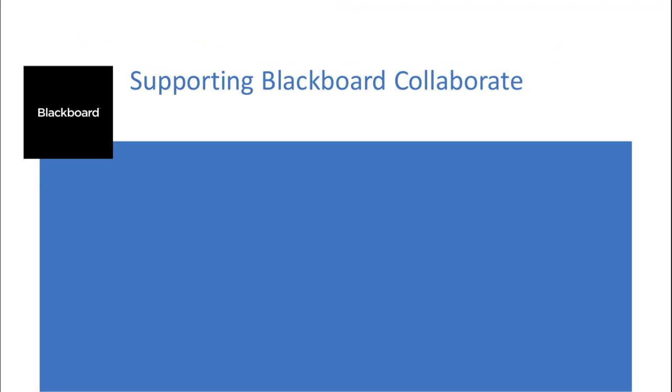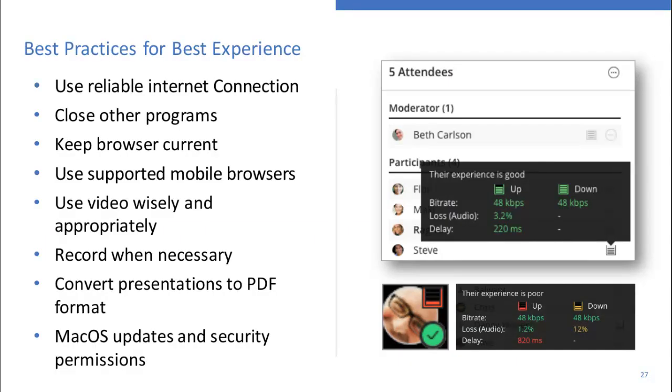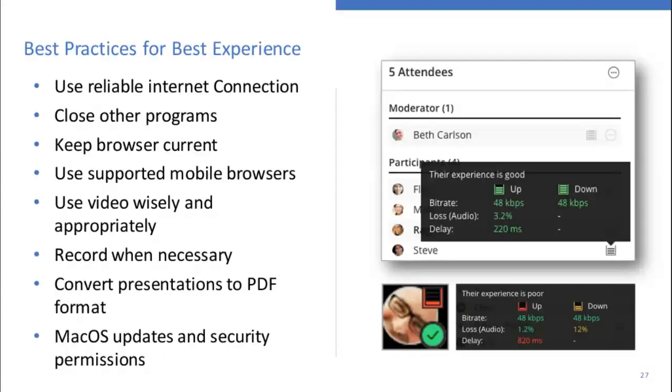Now, as far as supporting Blackboard Collaborate at the user level, I do want to spend some time just reviewing some of the resources we have available. And I recognize that some of these will sound familiar, but nevertheless, I think it is critical for me to share these. For instance, going back to 2020,